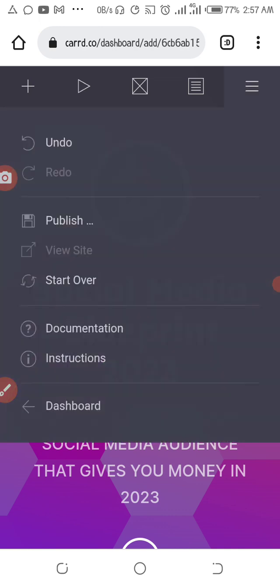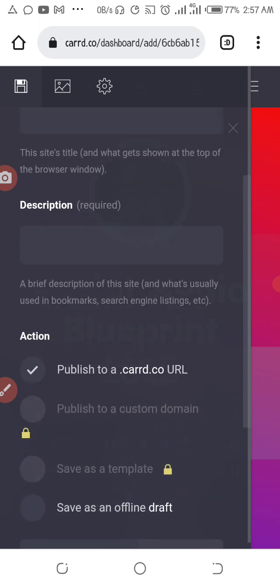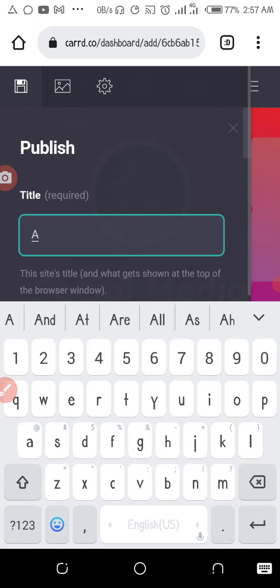Publish. You can save it as a draft or you can publish it right away. So the site is still Emeka Nubis. Now the title can be social media blueprint